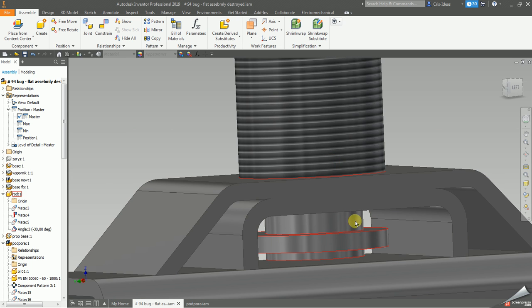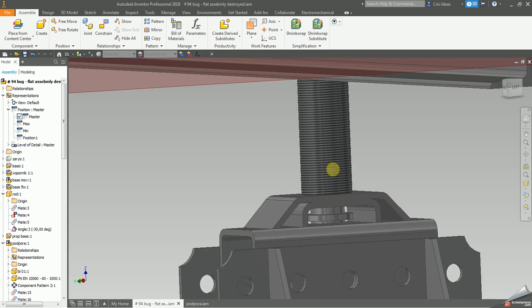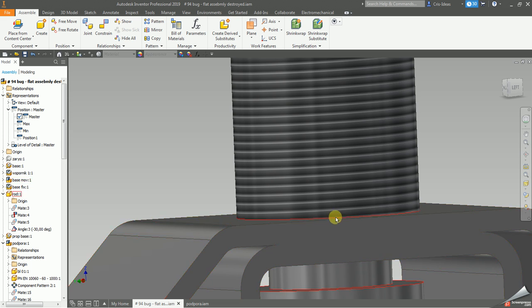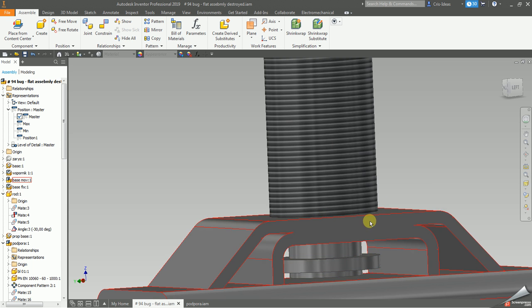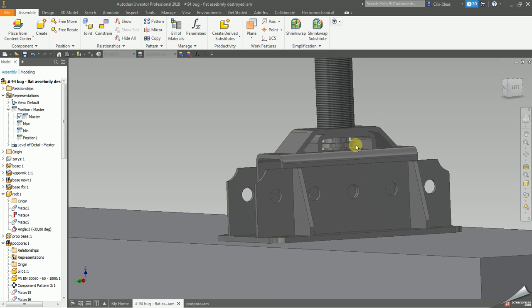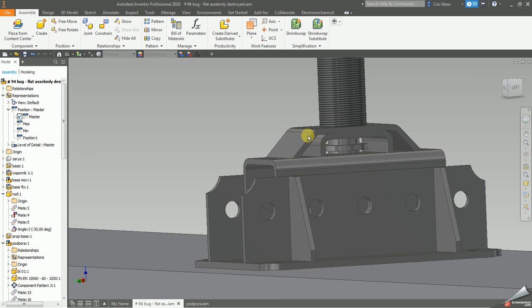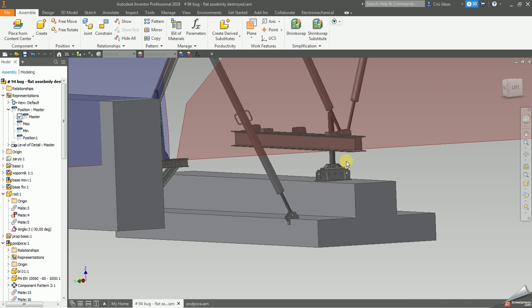So effectively, because it was not fixed for rotation, this threaded rod here could rotate on this surface. So basically it was a point contact. It was designed like this, and this also had some degrees of freedom, but for simplification it is probably not done yet,